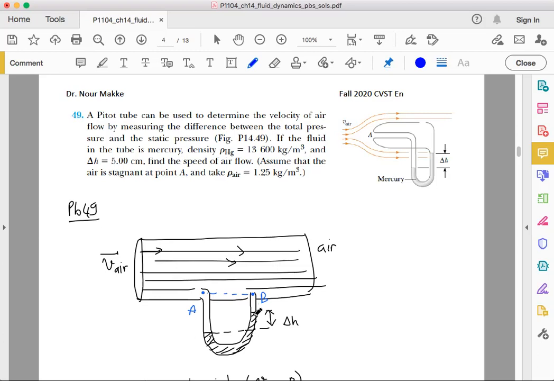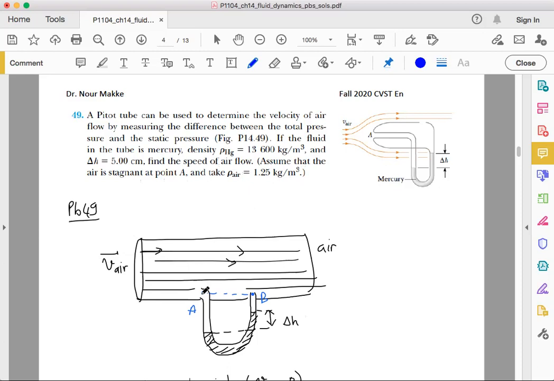if the fluid in the tube is mercury, with a density, as we said, 13.6 times 10 to the power 3 kilogram per cubic meter, and delta H, which is the difference in the mercury level between the right-hand arm and the left-hand arm of the U-tube, is equal to 5 centimeter, you have to find the speed of the airflow. Assume that the air is stagnant at point A, and take rho air to be equal to 1.25 kilogram per cubic meter. So first of all, we have to determine the speed of the airflow, V air. That's number one. And then number two, in terms of comments,